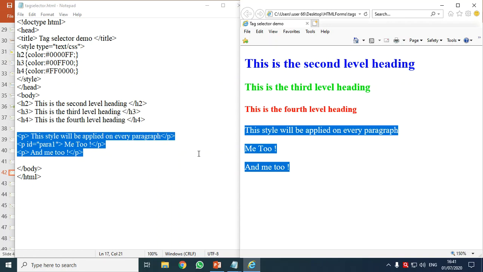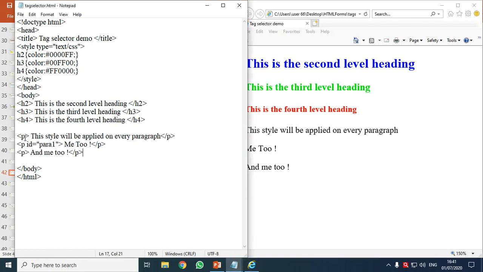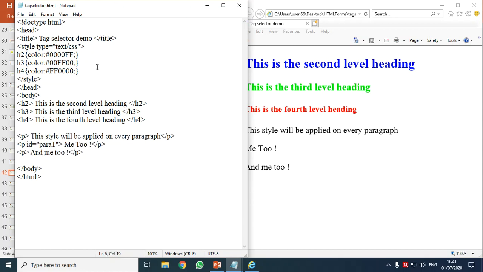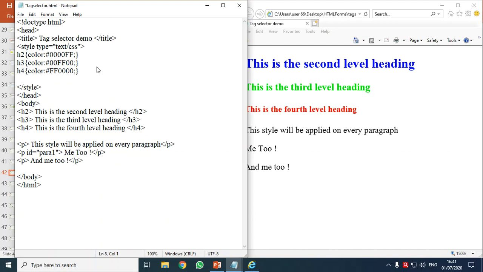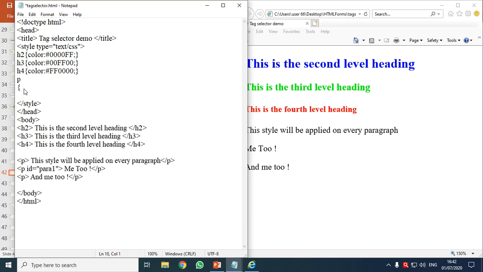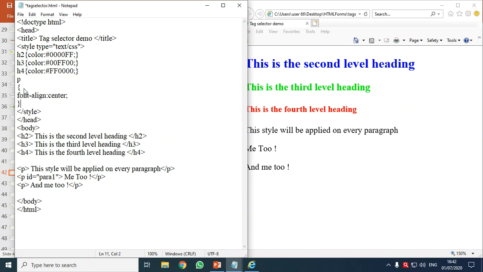Okay. Now let us again understand looking at this. There are three p tags. So if I apply CSS to these three p tags, my selector is P, enter, or I can write it in the same line. I'm just using a different way, making it more readable. I'll say text-align. Okay, I'll not give font size, align, and I'll say center, semicolon, curly brackets close.